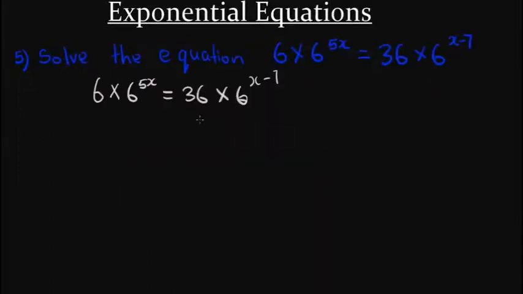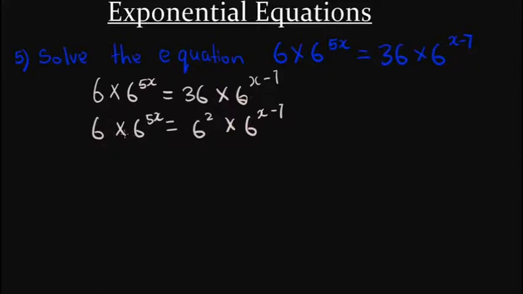Question number 4. First things first, we need to get all of the bases being the same. So we can rewrite this 36 to have the base 6. We know that 6 squared is 36. And we just rewrite the rest of the equation. So now that we have gotten all of the bases to be 6, let us simplify using the laws